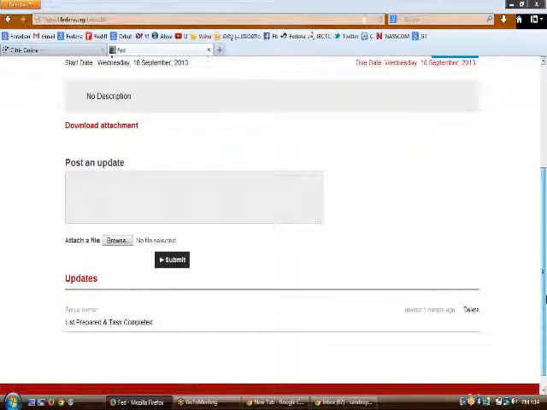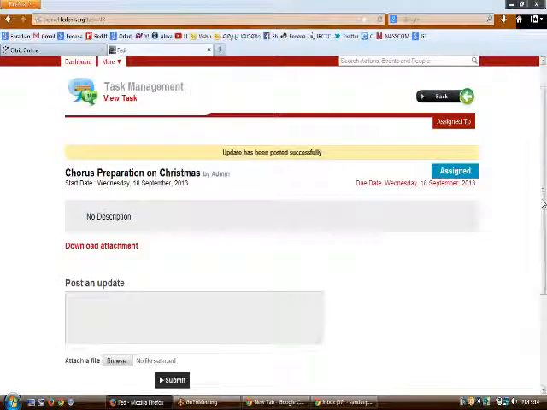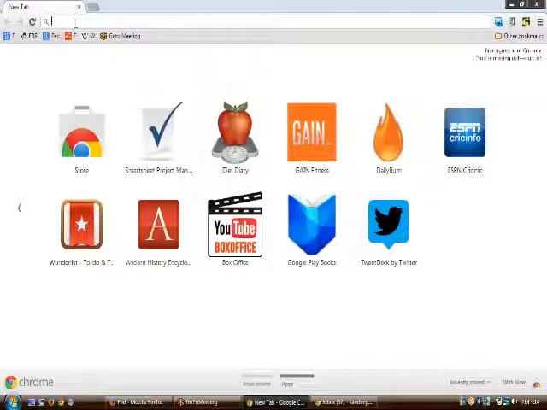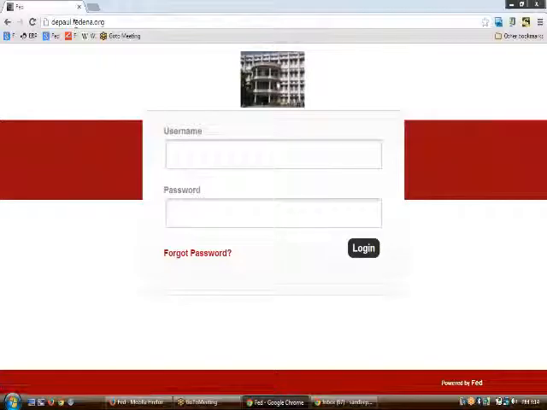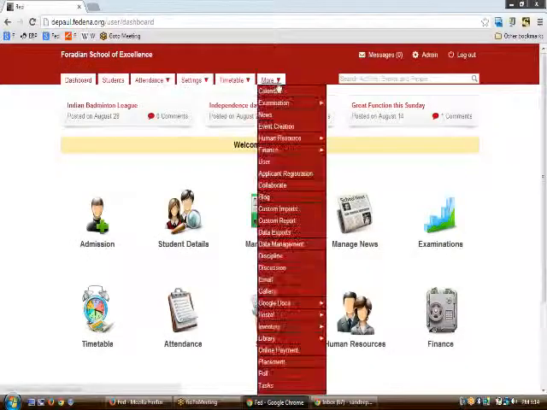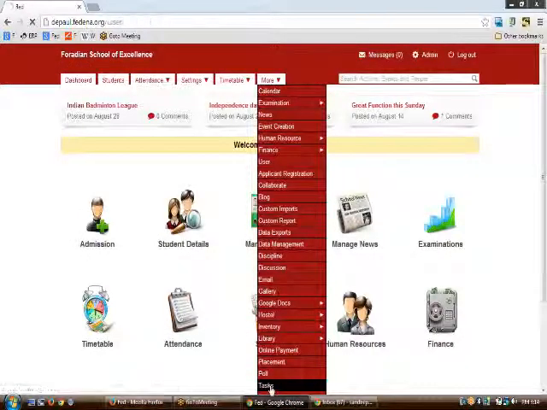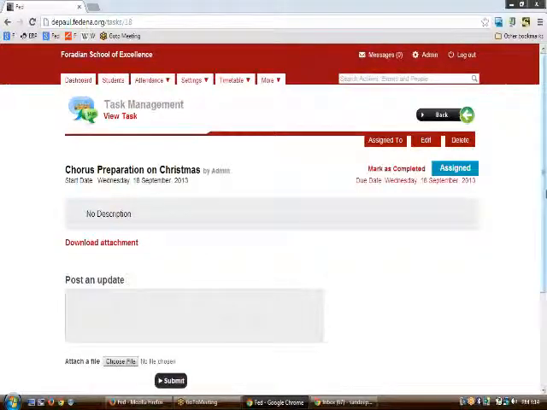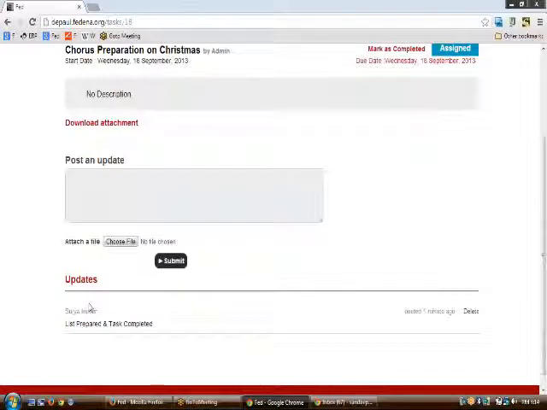So whenever the update has gone, this would directly flow upon to the particular creator of the task. The creator of the task in this case is the admin itself. So we can see how things have changed up when the admin looks up for the particular task that was assigned to these number of employees and students. So he would be going to the tasks menu here, and on clicking upon it he would see an update by Ms. Surya Kumari, who would say that list has been prepared and the task has been completed.